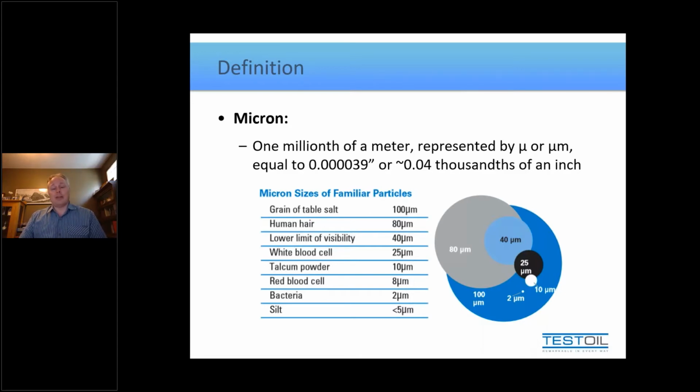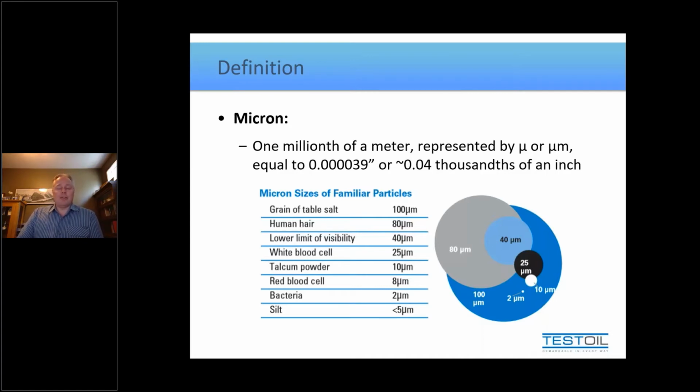Now, at some point in your life, I know we've all done this, we've all nicked our fingers or cut them, somehow we've ended up with blood on our hands. And you've probably looked at that blood and remarked to yourself that it was red. Never once in your life did you look at your blood and say, wow, it's polka dotted, right? Even though the white blood cells are significantly larger than the red blood cells, because you can't see the individual particles, you cannot detect the white blood cells among the red blood cells. Because there's so many more red blood cells than there are white blood cells, in the end, you just decide it's red. So keep those two measurements in mind in terms of how big these particles really are.